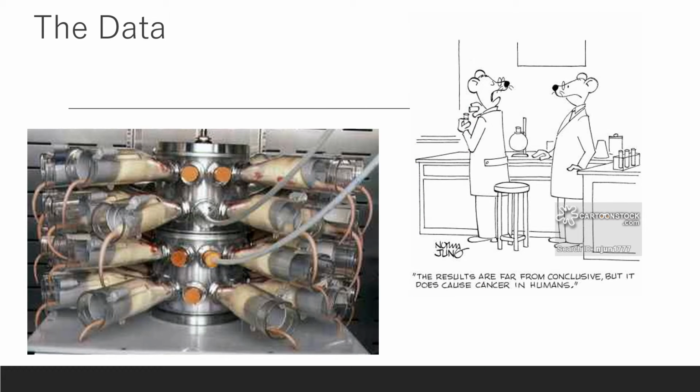And the data comes from animal studies primarily, or almost exclusively. And on your lower left, this is what a rat study looks like. It's hard to get photographs of these. These are rats that are put in a device that forces them to breathe a concentration of gases over a long period of time. They are then removed and analyzed to see what ill effects this exposure has caused.